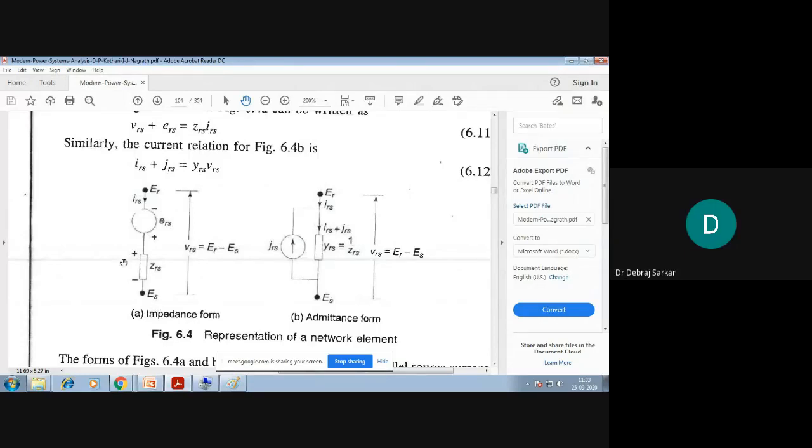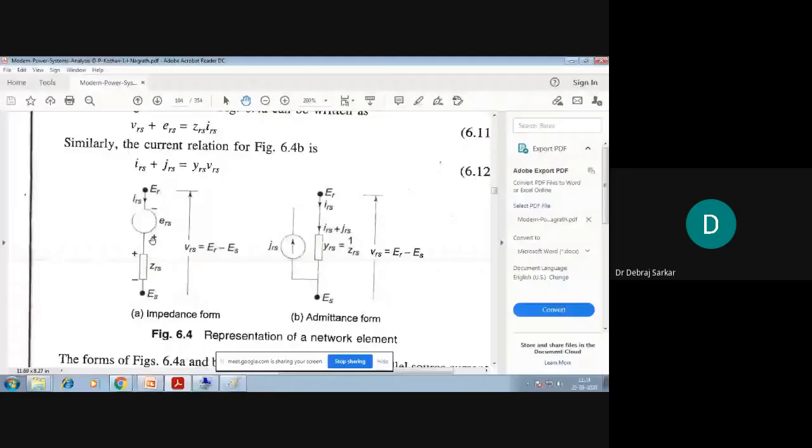So you have these elements. There can be primitive networks only of two types. One is a voltage source in series with an impedance, or a current source in parallel with an admittance. If you remember circuit analysis, now you will understand how important circuit analysis is, because it is there in every situation. In the third semester you did circuit analysis and source transformation, from a voltage source in series with a resistance to a current source in parallel with a resistance.